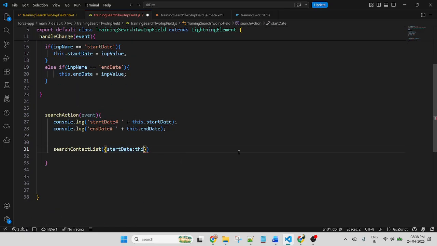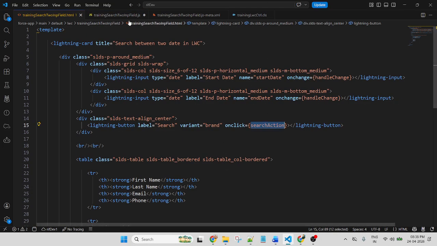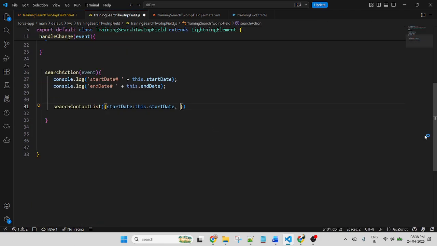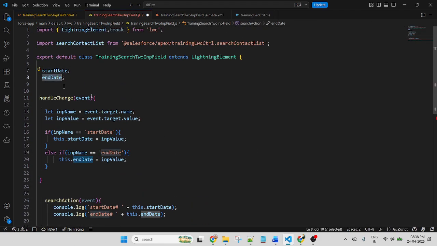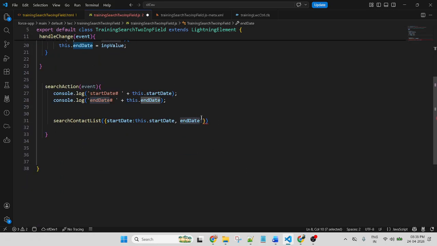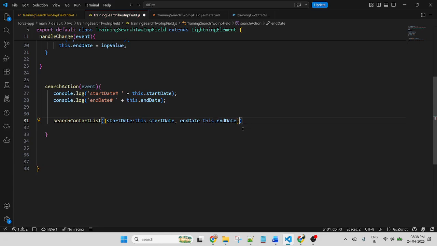So I will call this dot variable, comma. Similarly, for the other parameter, end date colon, pass the end date value. A variable always starts from this dot.